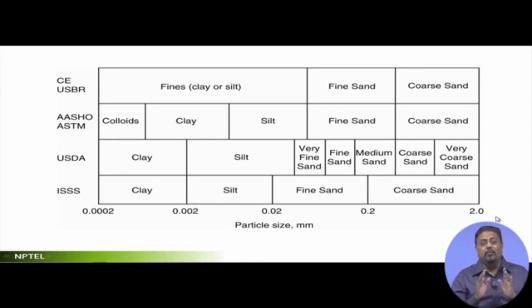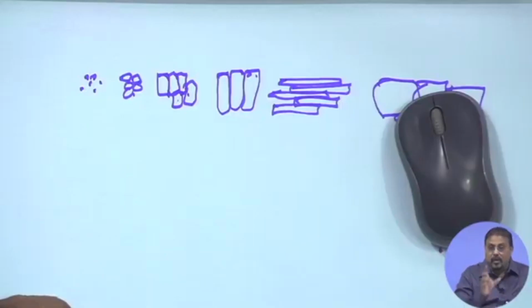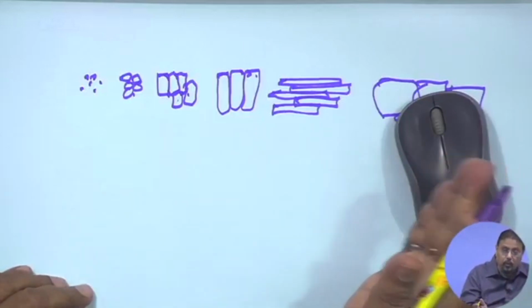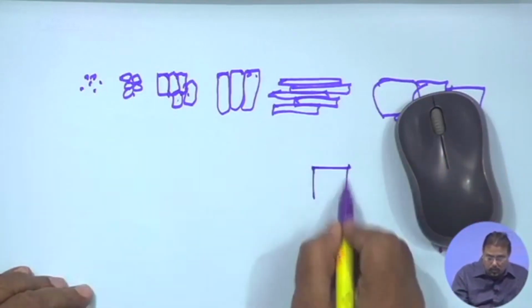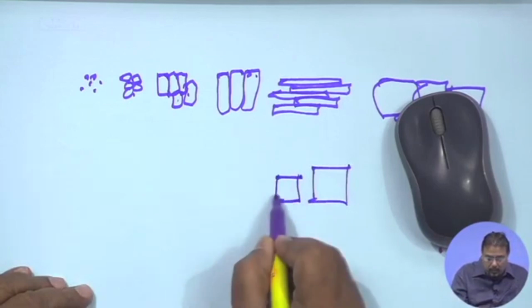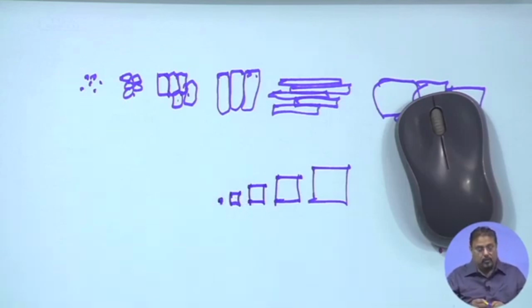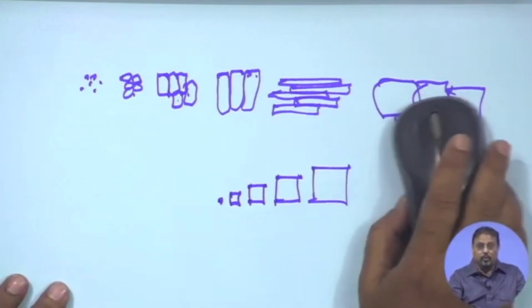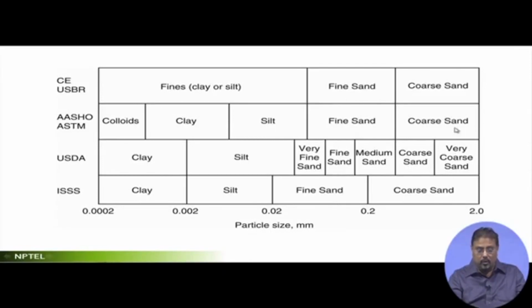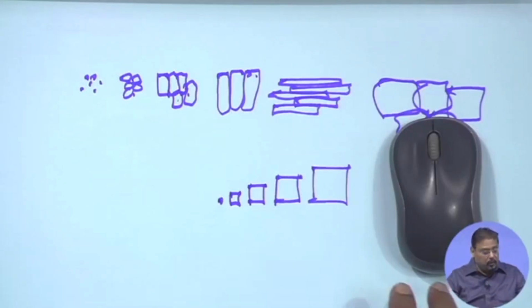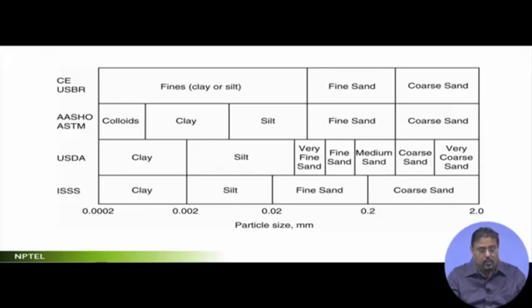Okay, now I am trying to make a drawing which is slightly exaggerated in size. I am drawing it from this side: coarse sand, then fine sand, then silt, then clay, and then colloid or powder. This is how it is with respect to this particular chart that I am showing: coarse sand, then fine sand, silt, clay and colloids. So these different sizes will matter. Now if I look into the earlier slide,